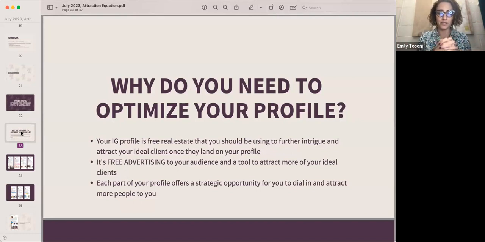I realize I'm repetitious here with 2 of these bullet points. It helps to attract them. And then once they're actually on your page, there's information there to give them more insight into why they should follow you. And we're going to talk about what all those pieces look like today, because each part of your profile has a strategic opportunity for you to offer information that someone would be looking for once they land on your profile. So I want you to think about your own experience of looking at other people's profiles. And before I take us to the next slide, I'm going to plug my phone in and show some examples.